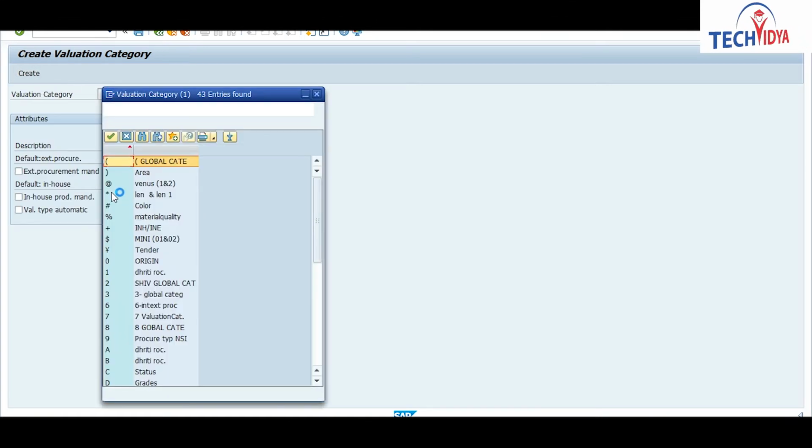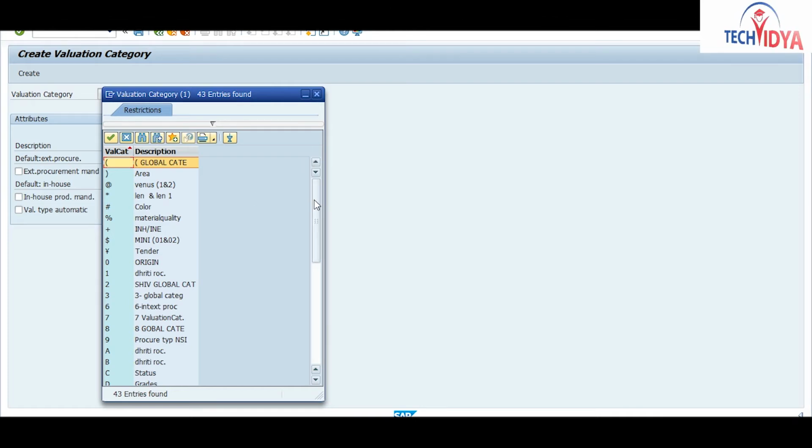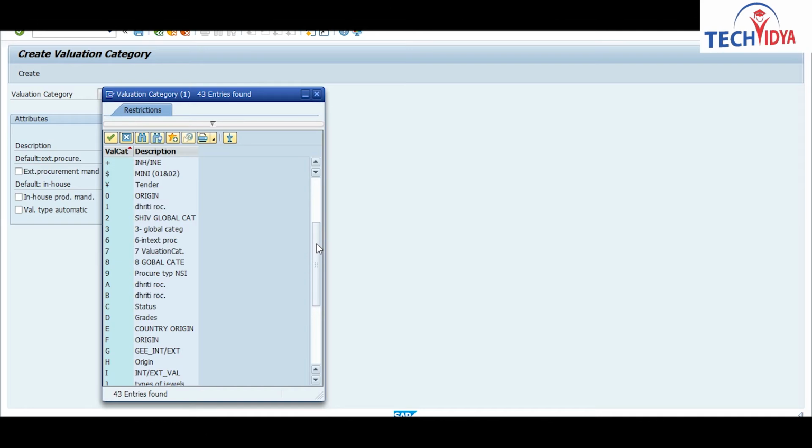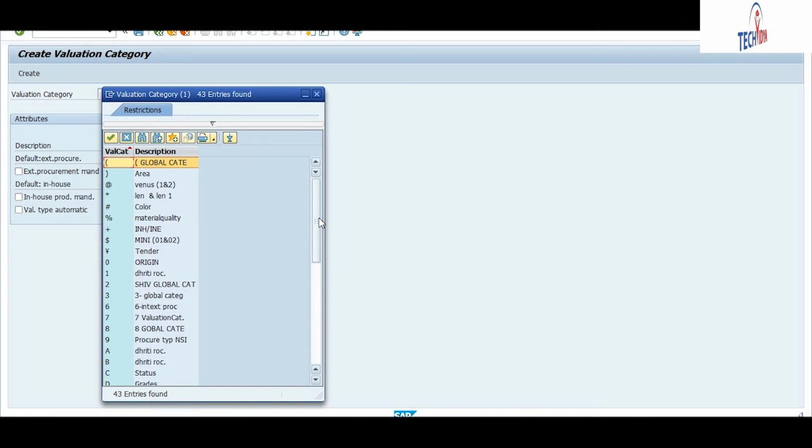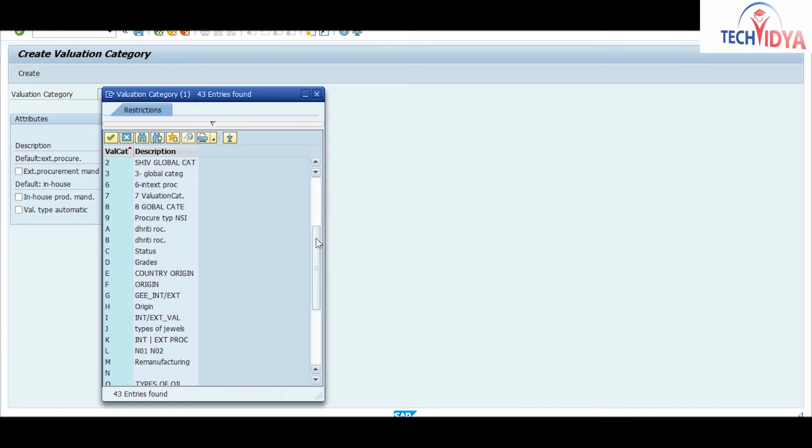Check the options first. It will be a single digit character. I think 1, 2, 3 are all taken. I think 4 is not taken. 4 is free.